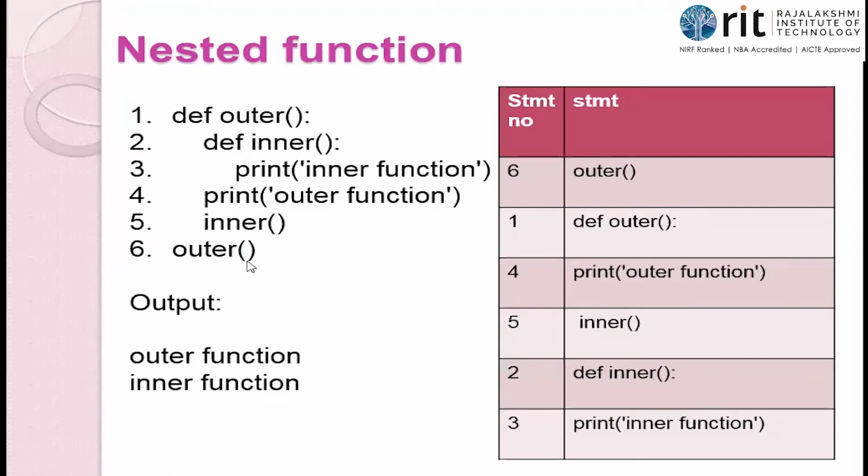So once the outer function call is executed, what will happen? The control will be taken to the outer definition. The interpreter will check whether a function called outer is present. If it is present, it will execute that part. If it is not present, then it will throw an error because without having a function definition, I cannot have the function call. So this outer function gets executed. Get into the function.